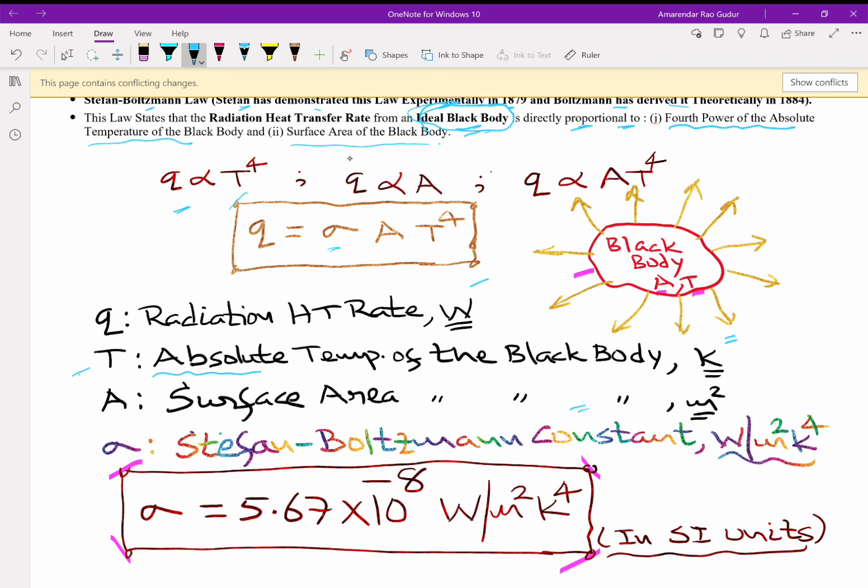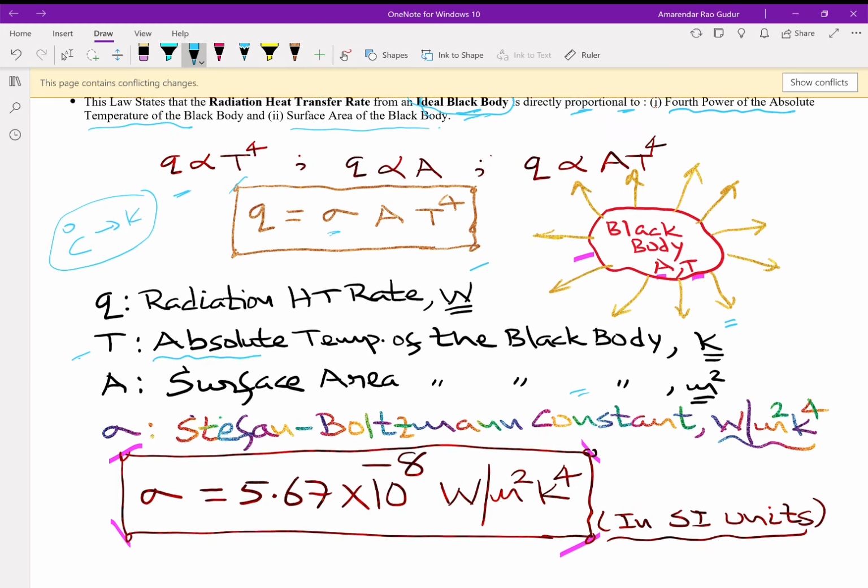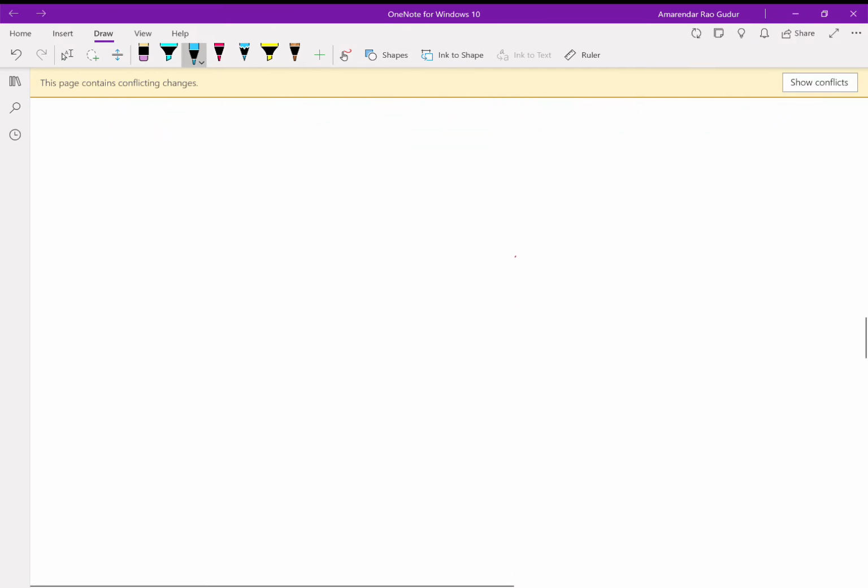Temperature would be given. At the most, temperature may be given in degrees centigrade. Have it in Kelvin by adding 273. Therefore, we may get an intuition that radiation is easier than the preceding modes of heat transfer. But truly speaking, we require this equation, the Stefan-Boltzmann law, in a different format, as mentioned over here.